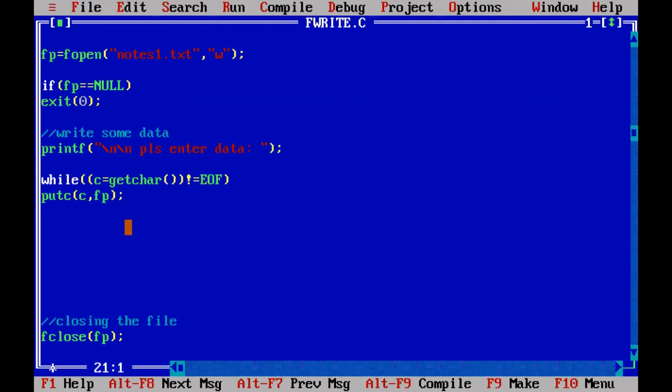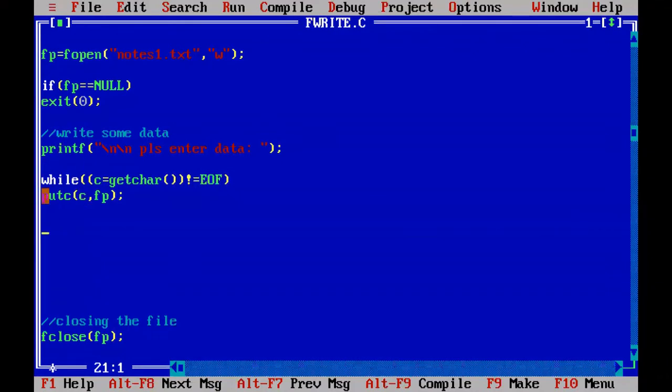The file marker is at the end. If you try to read data from that file, the file marker will move forward. When the file marker moves forward from the end of file character, there are no further characters, so you will get nothing. If you open the file in reading mode, the file marker is placed at the beginning of the file and you can read all the data till the end of file. If you open the file in writing mode, reading is not possible. So you close the file and open the same file for the reading operation, and you can read the data from that notes1.txt.